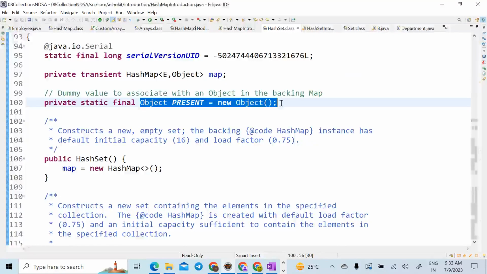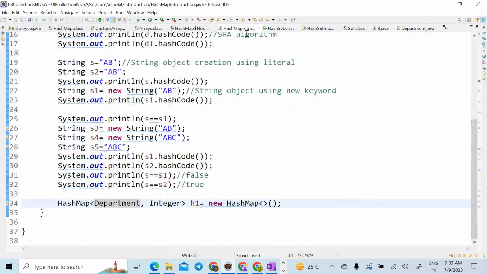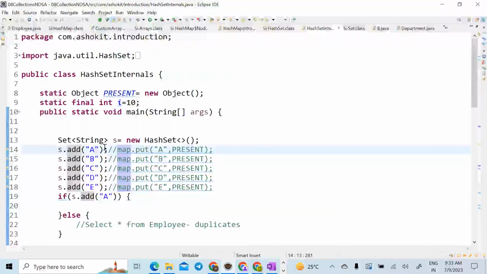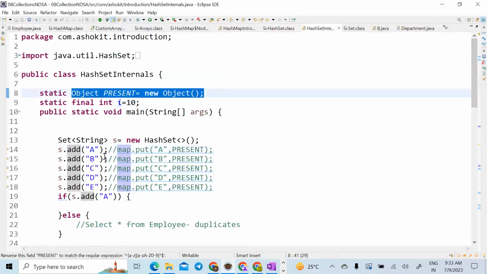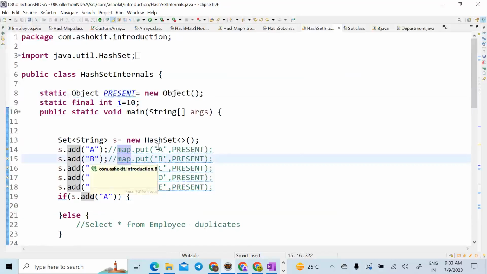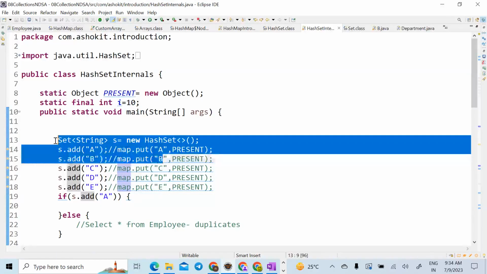That means in the hash set, whenever I say add A, internally what happens? Map dot put A, present. What is the present? Present is nothing but object of object class. Again, whenever you say B comma present, C comma present, D comma present, E comma present, the value is going to be the same in the hash set, right? Okay. So now the question is,